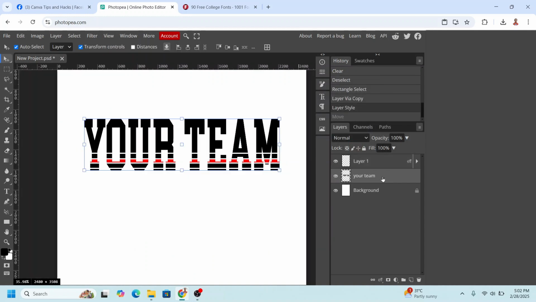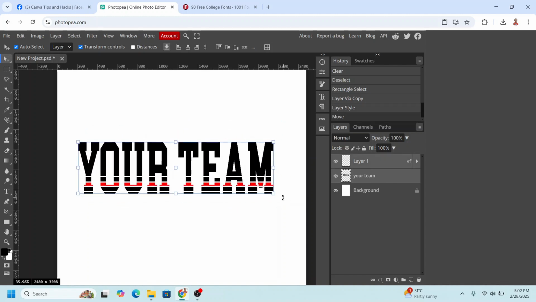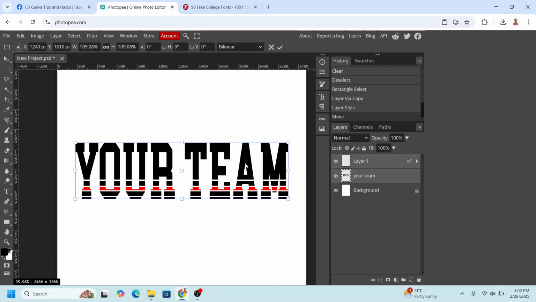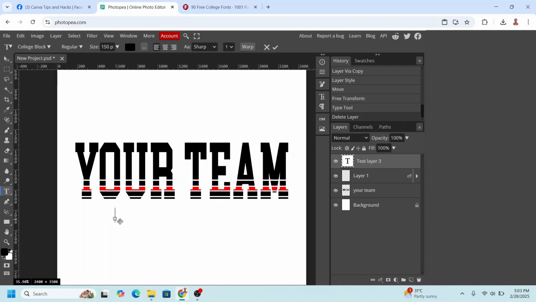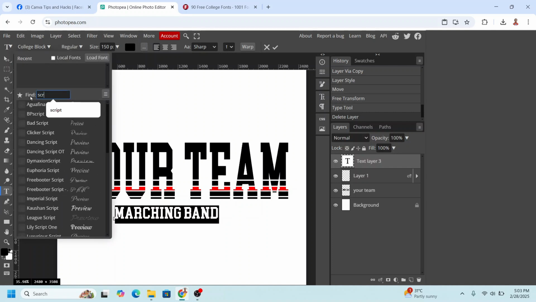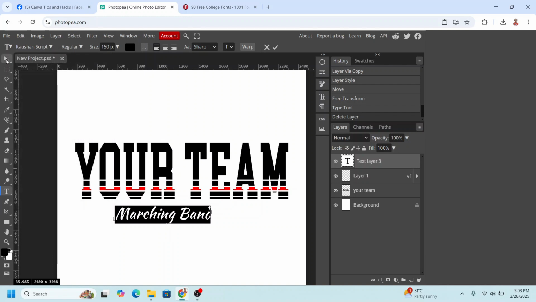Now click here and then press your shift button and click here and then drag it down, and you can also increase the size of the bold. Okay. And then type the rest of the text. Now go to the type tool and then click here and type marching band and Ctrl A and then change the font to, I think it's a script font. And then just choose here. For example, I will choose this one called Sun,